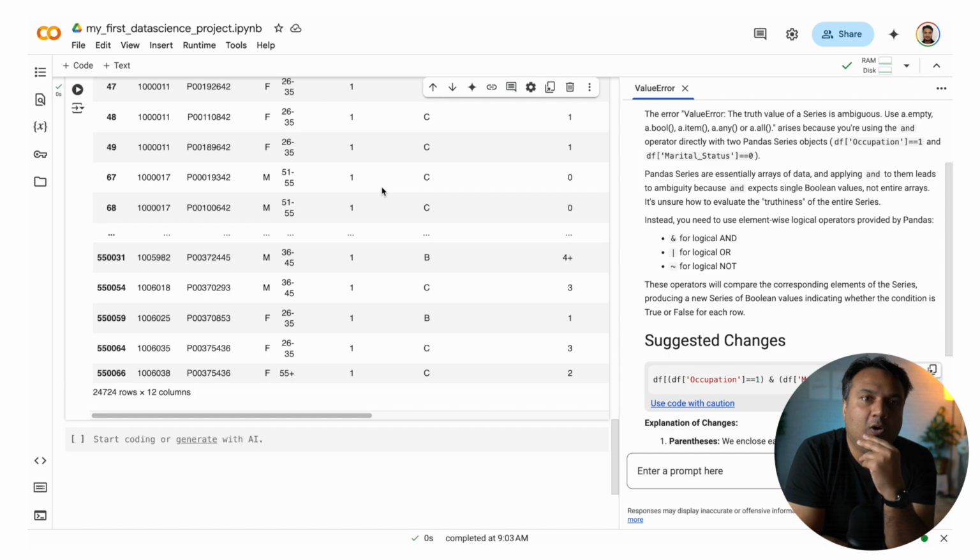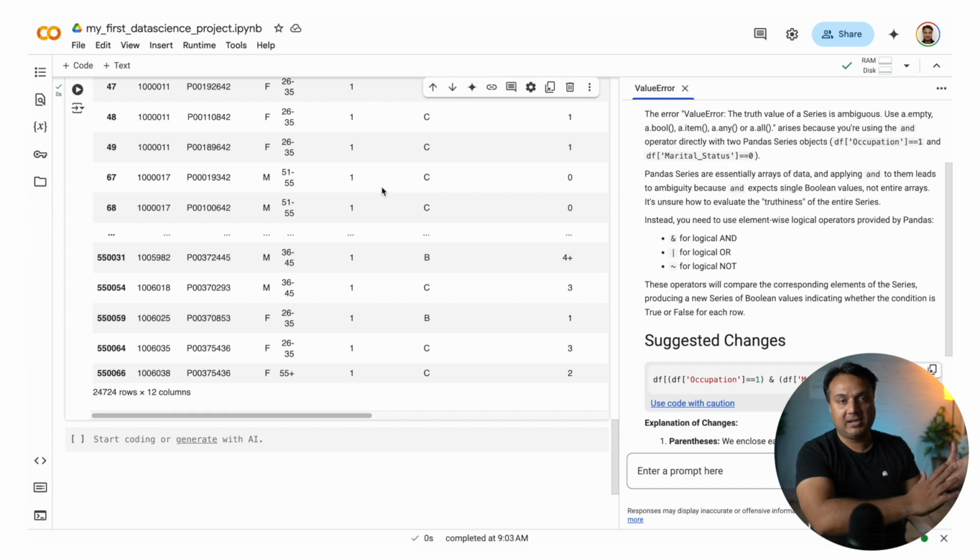An example: if I say, what is the average purchase of unmarried people? Here you can do two things. One, you can apply a filter where marital status is equal to 0, and then ask what is the average value of the purchase.